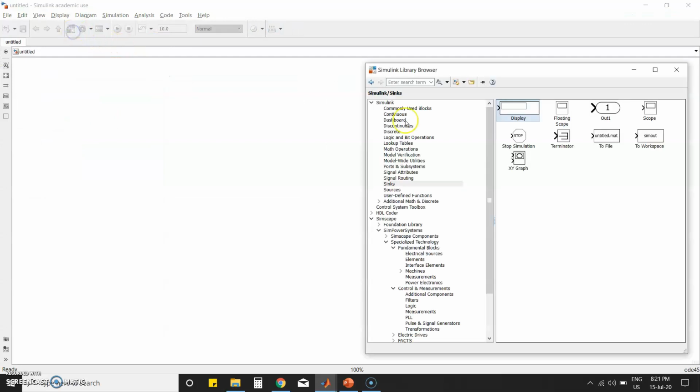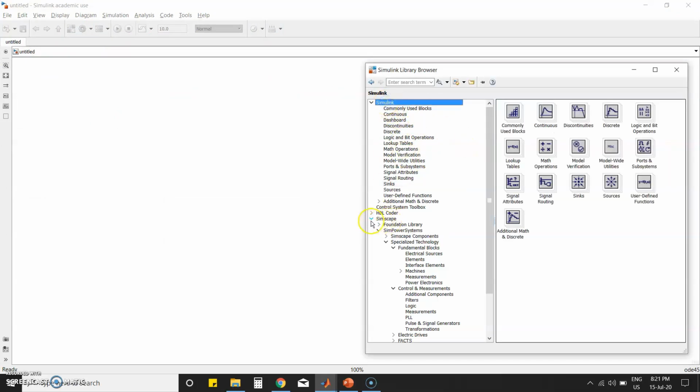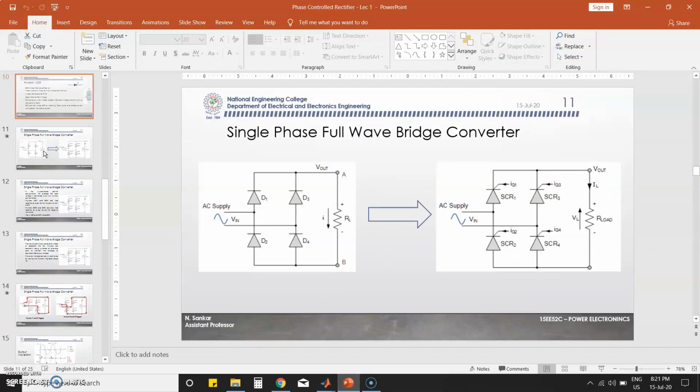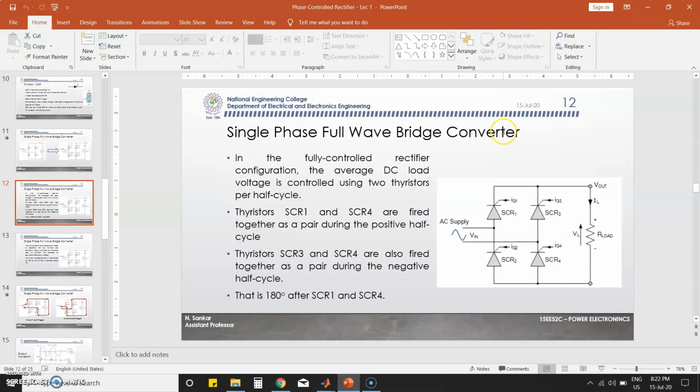Now we're going to add the required elements. Before that, what do we need? For that we will go to our circuit diagram. So this is the circuit diagram. Here we need an AC supply, one component, and 4 thyristors. Then a load, and then the pulse. We have to give a pulse for each thyristor, and for that we need a pulse generator. You have to measure the output current and output voltage, and for that we need some measurement blocks. You also need to measure the input voltage, so we need a voltage measurement block. And we have to see the output waveform, for which we need a scope.